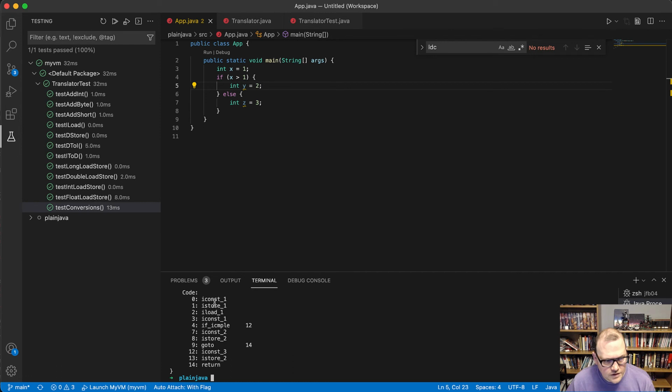Iconst and iStore is not surprising. iLoad, iconst, and then we have an if. So if icmple,